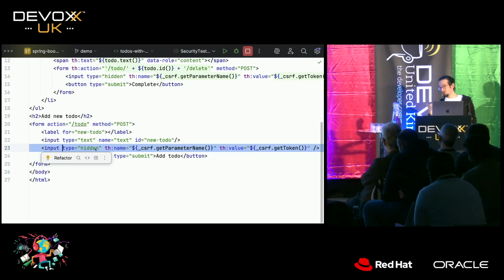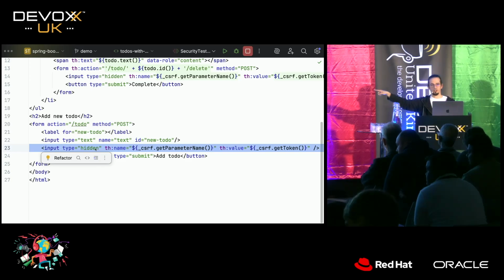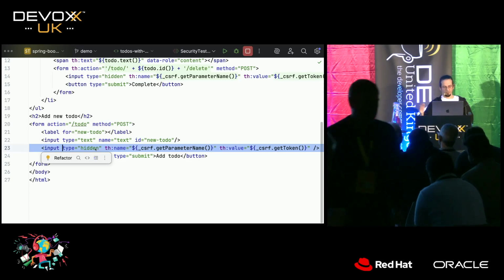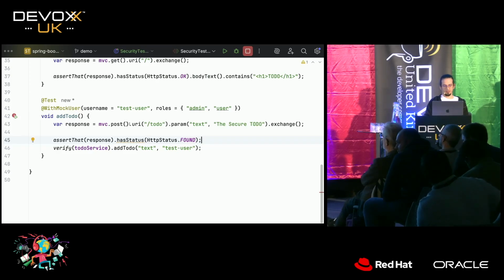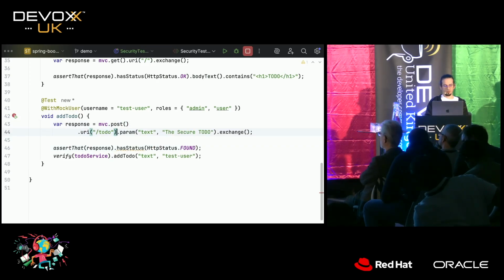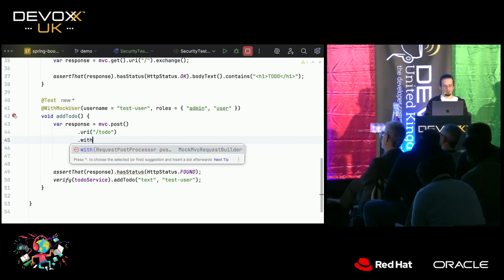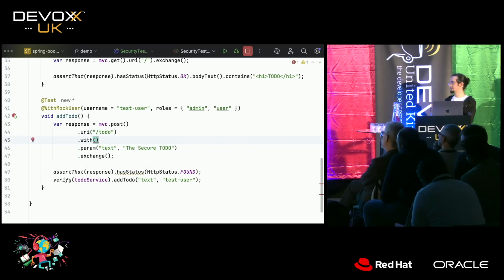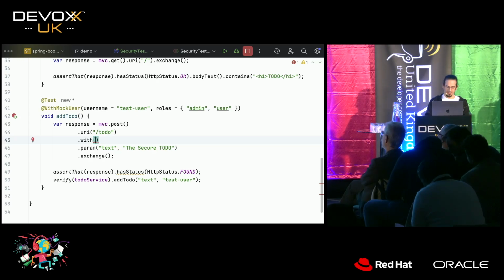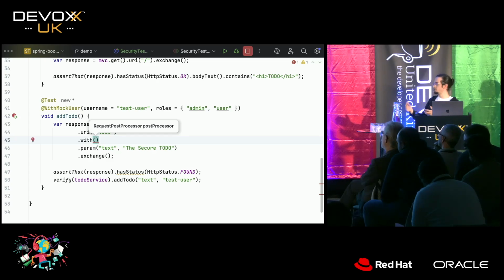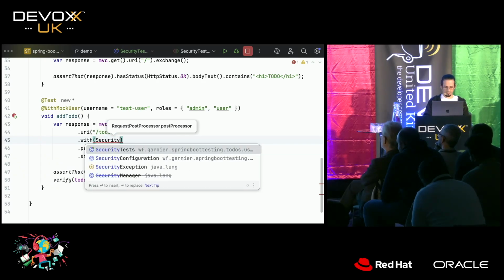You could use the MVC tester to request the page and then parse the page and then get the CSRF token, but that would be awful. Instead, what you do, in your security tests here, you say, well, I want to customize this request. This thing here has a with parameter. So Spring test allows you to intercept the request and the response and modify them. And so this here takes a request post processor. We have some security request post processors. So security